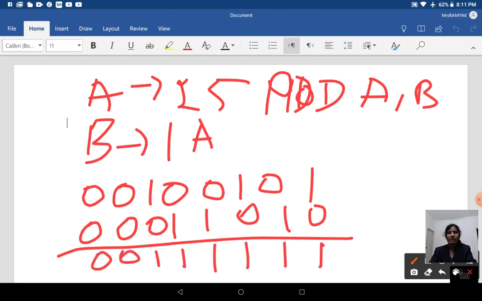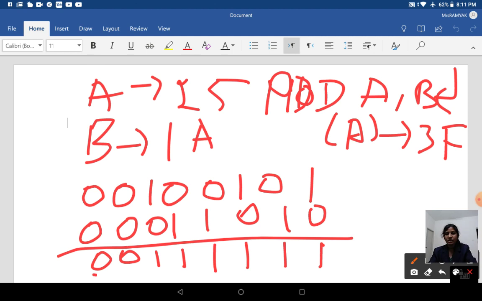So after executing this particular instruction, the content of accumulator will be 3F. Here 0011 is 3 and 1111 is F. After executing the instruction, it is going to be 3F. It is your add instruction.